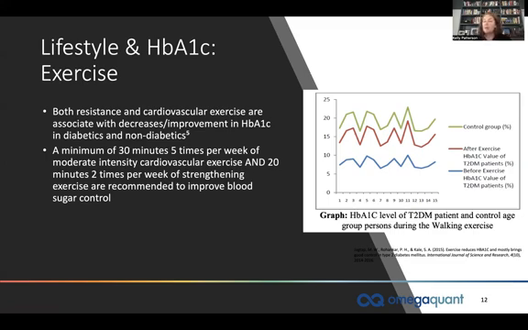A lot of people think cardio is the best way to do this, but actually resistance exercise is incredibly powerful for reducing that blood sugar. We ideally want a minimum of 30 minutes, 5 times a week, of moderate intensity cardio and at least 20 minutes twice a week of strengthening exercise to get that blood sugar